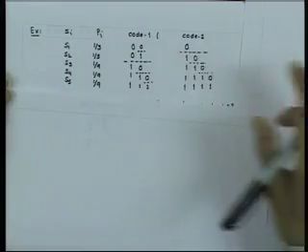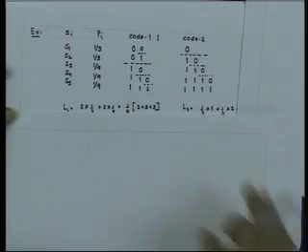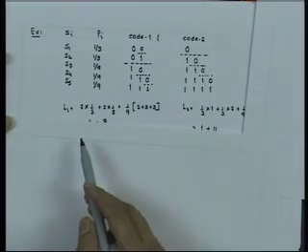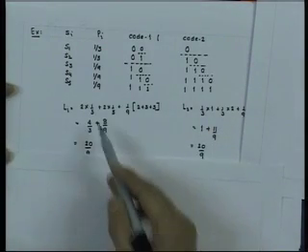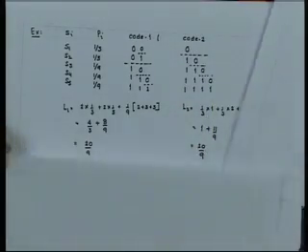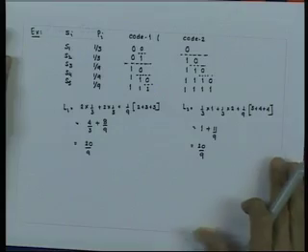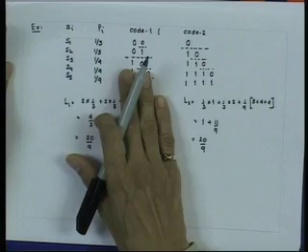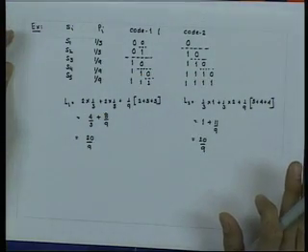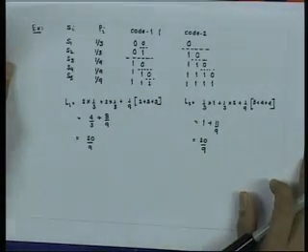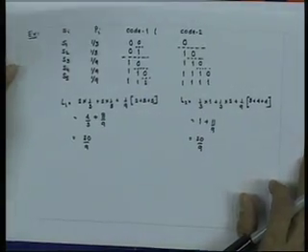Fano's coding strategy. Now how do you decide between these two codes is to calculate the average length for both of this. Now if you calculate the average length for this code 1, the average length turns out to be 20 by 9, correct? And average length for this code also turns out to be 20 by 9. What it means that efficiency for both this code 1 and 2 are the same. So it makes no difference which codes I use. Okay. Now